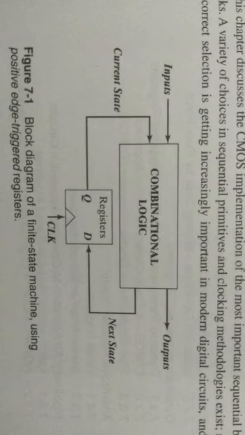In general, registers can be positive edge triggered, where the input data is copied on the rising edge of the clock, or negative edge triggered, where the input data is copied on the falling edge, as indicated by a small circle at the clock input. If you see a small circle, that means it is negative edge triggered. If there is no small circle or bubble, then it is positive edge triggered.